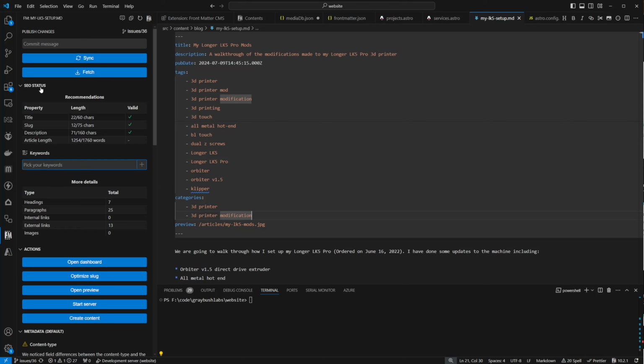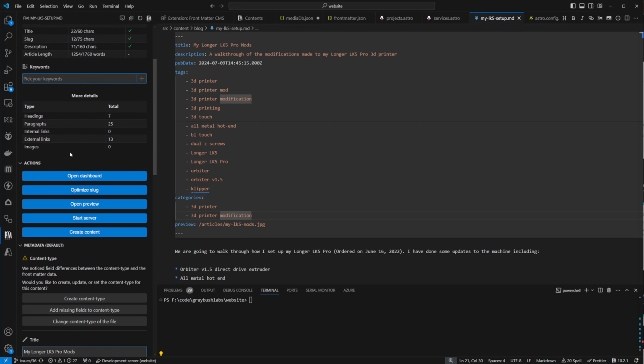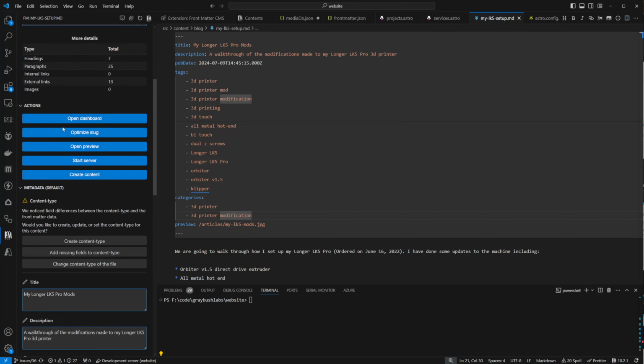And then we've got some helpful sections. Little summary of your SEO status. Does some checks on a few things. Nice breakdown of content. Right, we've got 7 headings, 25 paragraphs, no internal links, 13 external links, no images. That's weird, it thinks it has no images. Anyway, again, not going to dig too deep in here. We've got actions,